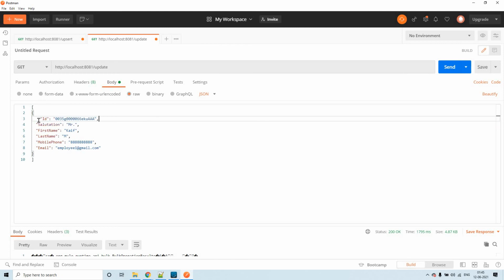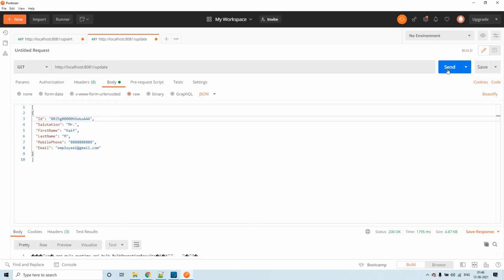As we are sending the request to the update operation, it has to correlate, right? In a database we'll have something like a where condition. If there is no where condition, it will update all the records, but that cannot be done, so for the update operation this id is mandatory. It will check whether this id is there or not. If it is there, it will successfully update that particular record.